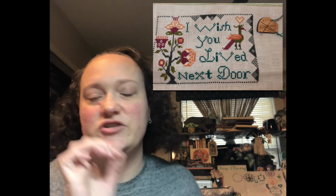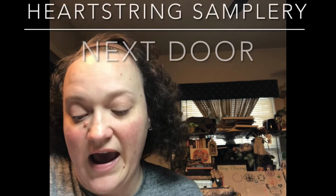So yeah, this is the stitched piece, and I just ended up putting it in a frame again, kind of like I did the cat sampler. Just literally jammed it around the cardboard insert, and tugged on the linen until I could get as close to the edges as I could, and found a nice 4x6 maybe, or 5x7 frame. I can't remember exactly what the sizes ended up being, but it was stitched on a XJU Designs 32 count bunny, and